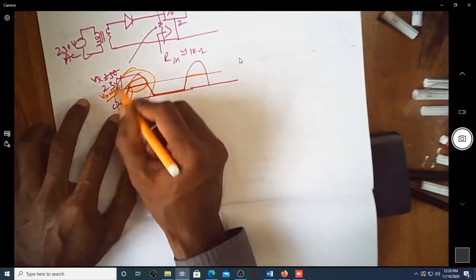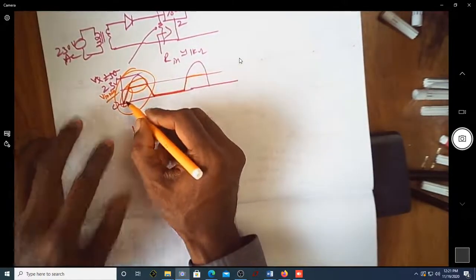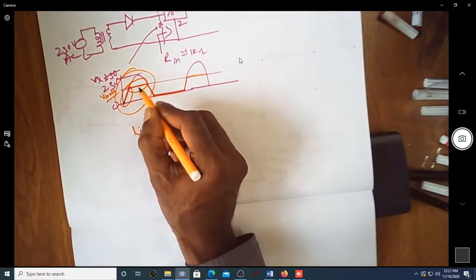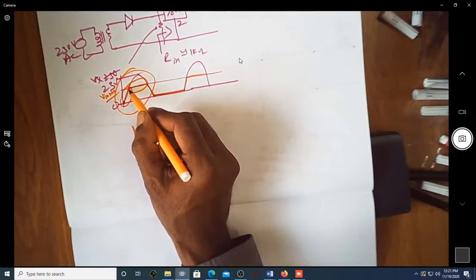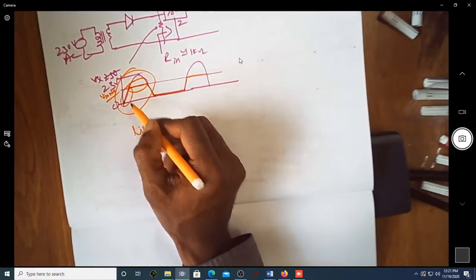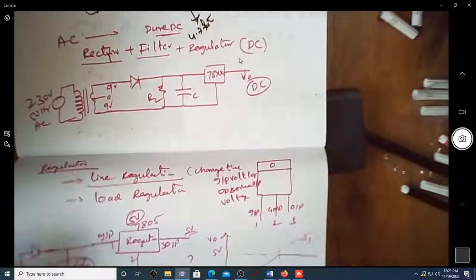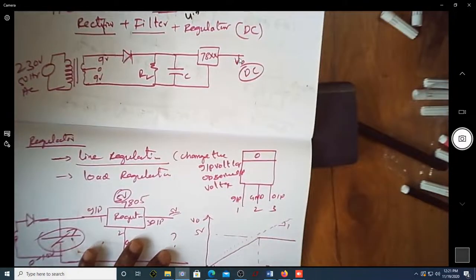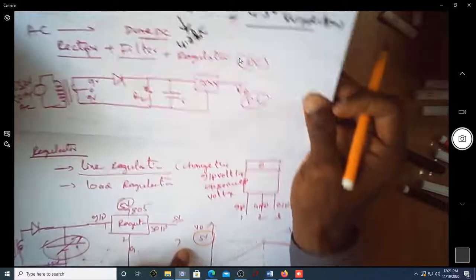This entire thing is called line regulation, because you are changing the line voltage. As the line voltage changes, how does your circuit behave? The output voltage is changing along with the input voltage as long as input is less than that minimum voltage. That's what we saw here. If your input voltage is less than minimum, that is less than 7 volt, it keeps changing along with it. If the input exceeds that 7, then your output is constant at whatever the required regulated voltage is.